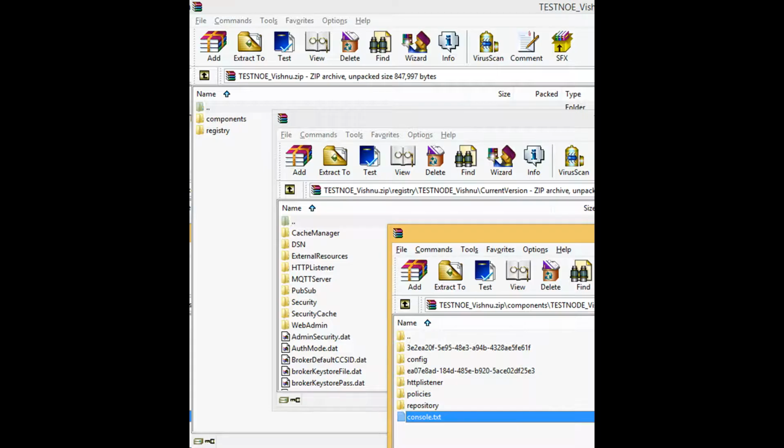When you back up your broker to a zip file, you are exporting the contents of the components folder and registry folder from the var mqsi location. Based on your broker, its deployed components, its console log files, and so on, you could end up creating a large zip file which can take several minutes and hundreds of MB. Caution advised.